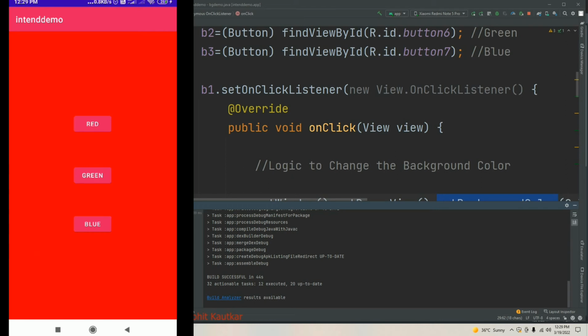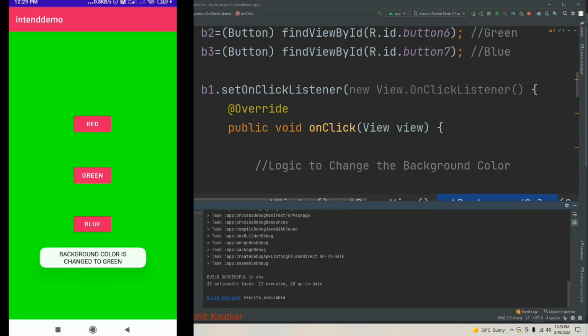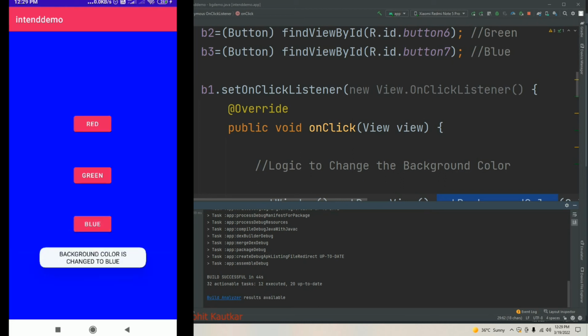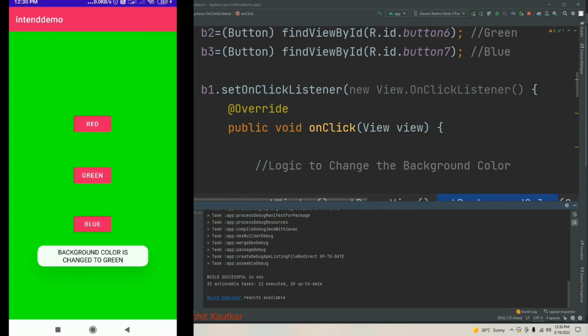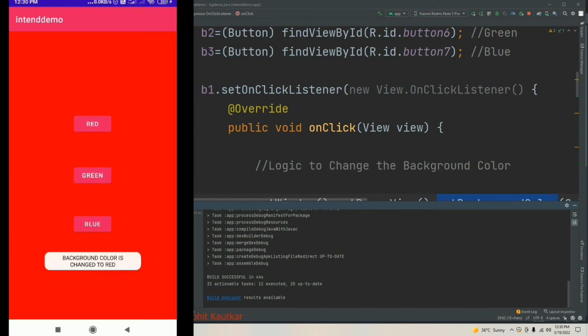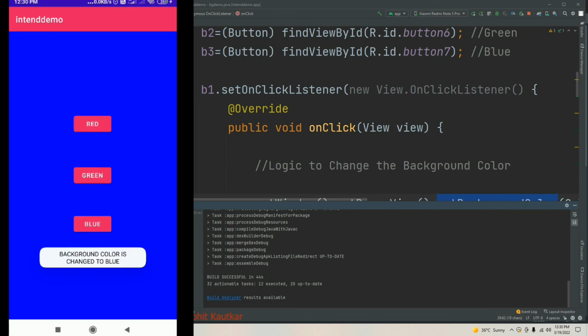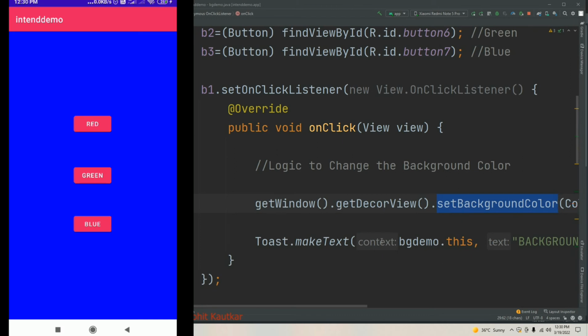Okay, now if we tap on green, you can see the background color is getting changed to green and we are getting that message after that. And now if we tap on blue, the background color has changed to blue. Okay, like this we will be able to change the background color using the button. Now next to that I will show you how you can use the RGB values in order to change